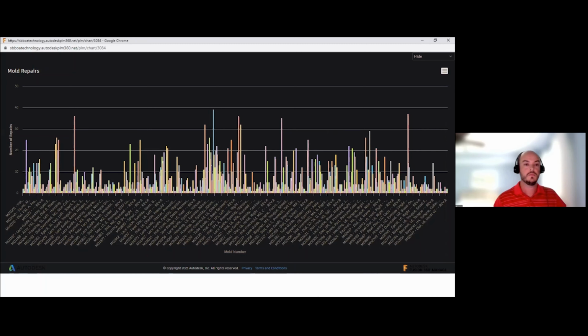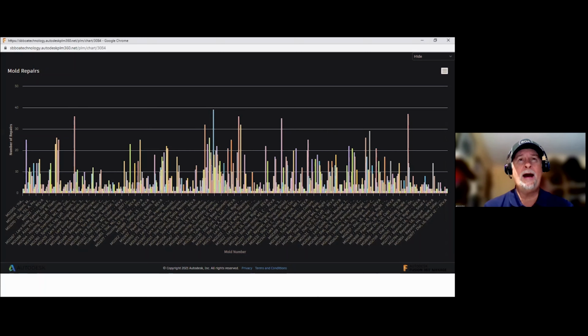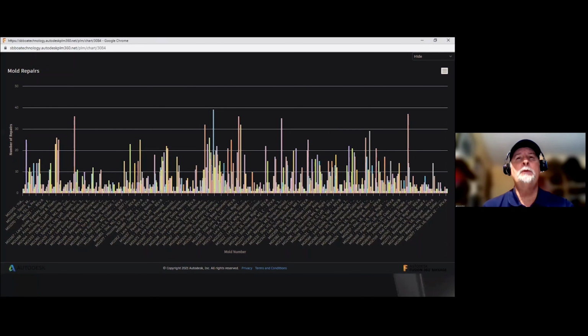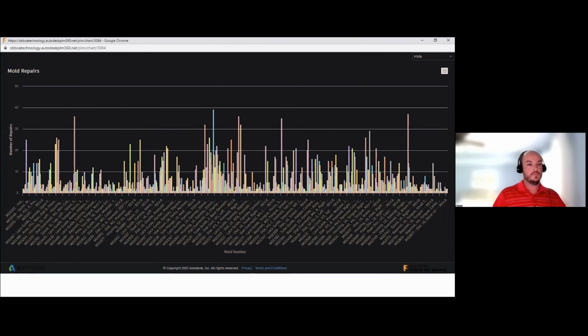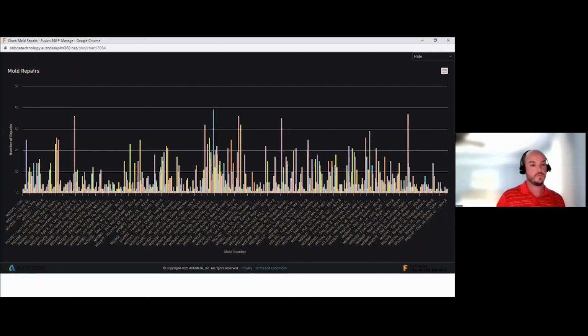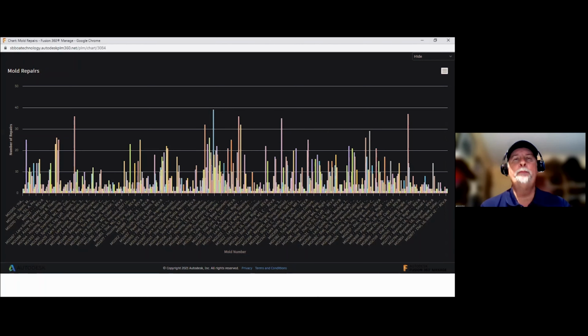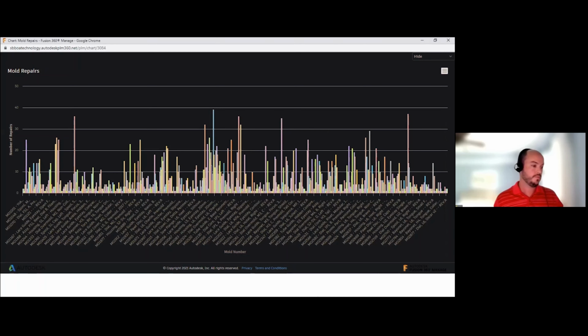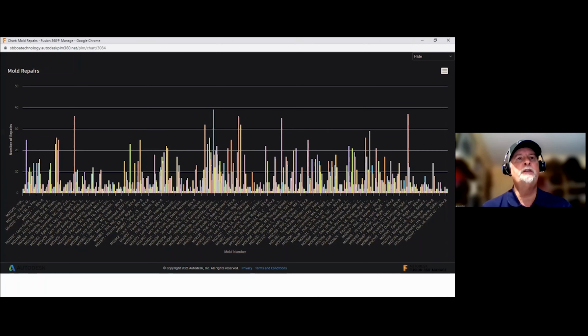And using this type of data, we can look at the molds that have a high maintenance rate and determine what it is about that mold that is causing it to break so often. What is it in that mold that actually is breaking so often? And we can use this information to design better molds, to eliminate problematical issues that are repeating themselves here, maybe replace them with better technology. This is extremely informative for us and for our tooling vendors to improve the quality of our molds and their